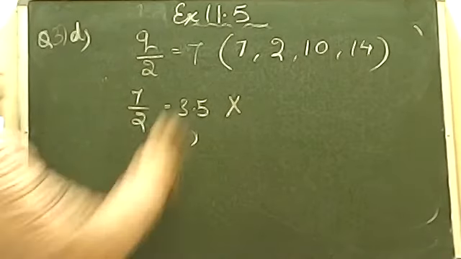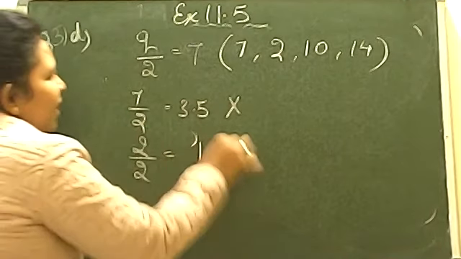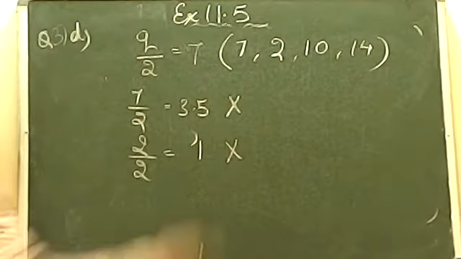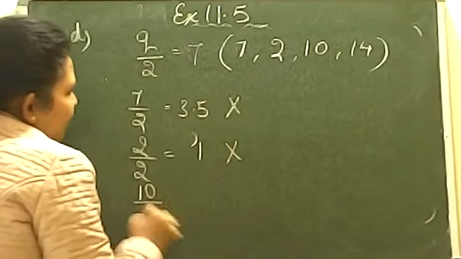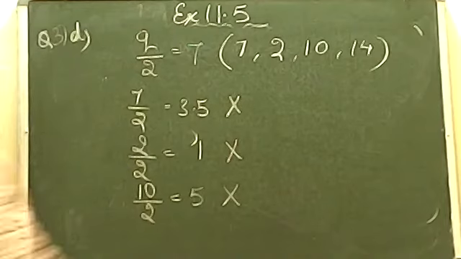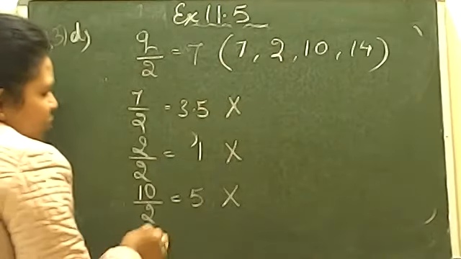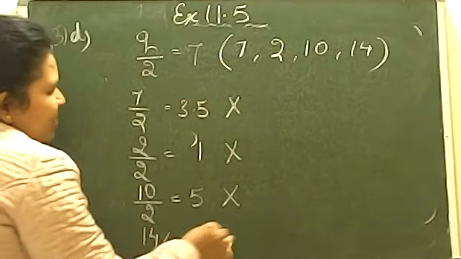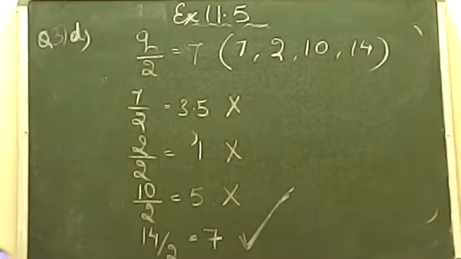Second, you can put 2. So 2 divided by 2, the same number divided by the same number, will give you 1, which is also the wrong option, because I want 7. Third option, 10 divided by 2 will give you 5, which is again wrong because I wanted 7. Now let's try the last option, 14. So 14 divided by 2 will give you 7. And yes, we wanted 7. So our right answer is 14. Fine, so this is all about question number 3D, which Mehul has asked.